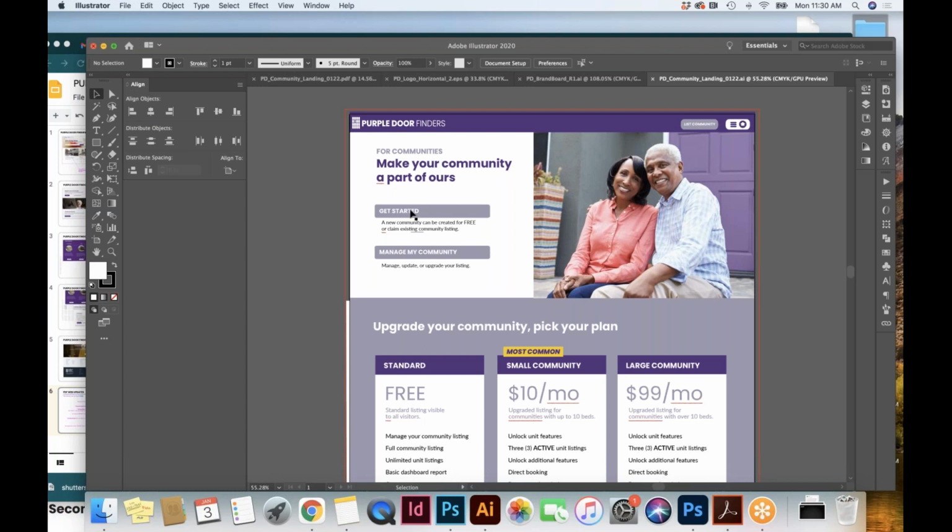Yeah. But there's also going to be several other pages that link out within this community area of the website, and keeping that consistently up there all the time will give them a point of reference, like, okay, now I'm ready to list the community. Or maybe it's get started. Does it make sense to have the language consistent from a user perspective? I think so. So as soon as you have a single community listed, we can take it out? Yeah.